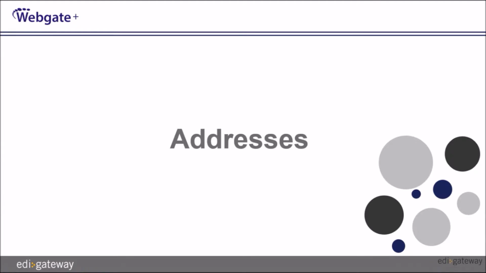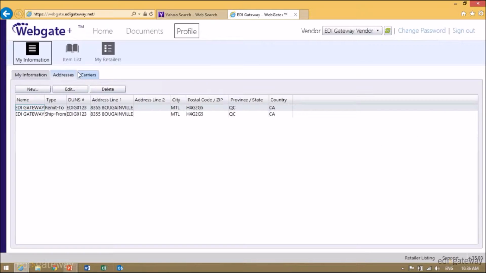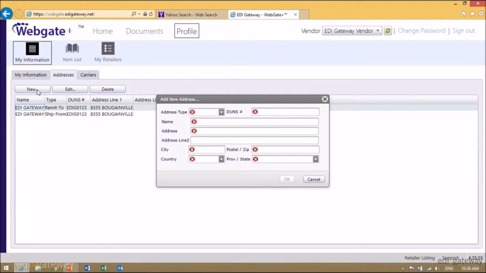The second tab within My Information is Addresses. Click on Addresses. To add an address, you click on New and enter the required information. You will need to indicate your DUNS number in the field, as this is mandatory information for Publix. Enter your first address type, remit to, enter your DUNS number preceded by 4 zeros,